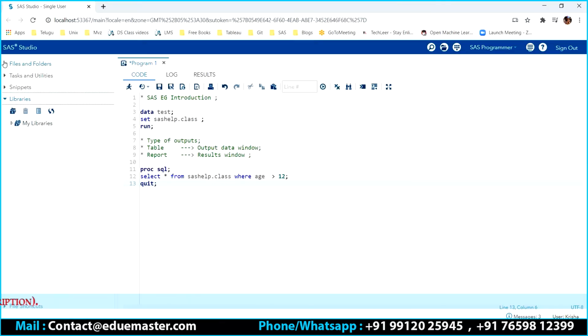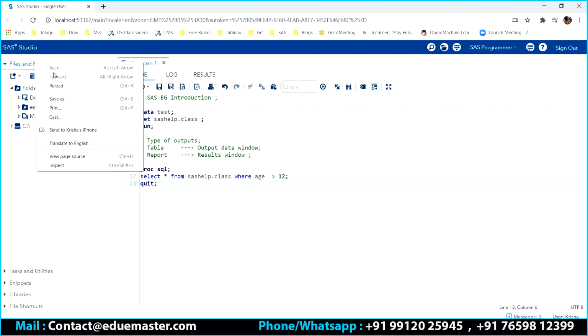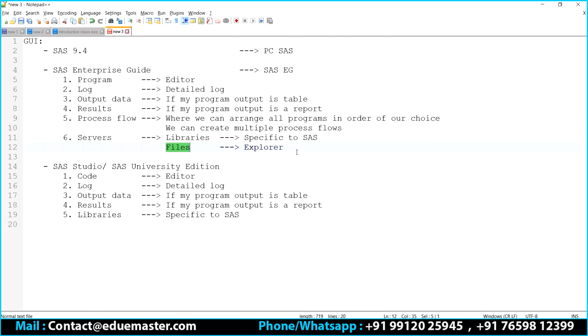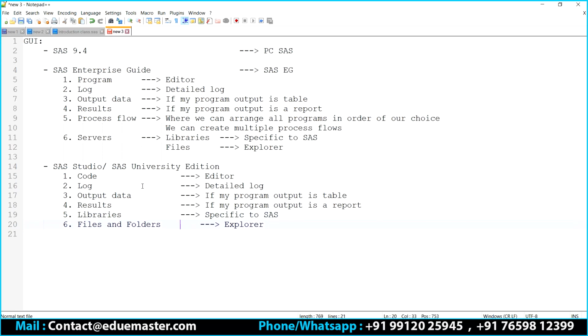Yes, the files explorer is there, but the name of that is going to be files and folders, correct? Can I say pretty much the same here and there? I can say almost the same, not completely, but you can find most of the similarities between your SAS Enterprise Guide and your SAS Studio. All of you accept that? Sure. Any questions?